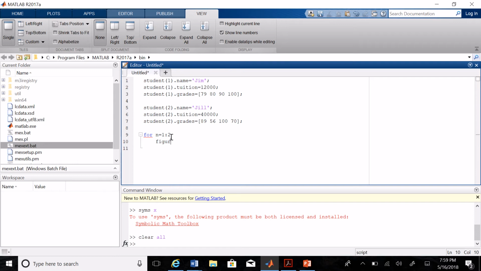So figure, this gives me plots separately for student 1 and student 2. Then bar, that shows me the grades with bars. Student n, that means first put 1, then put 2. Grades,